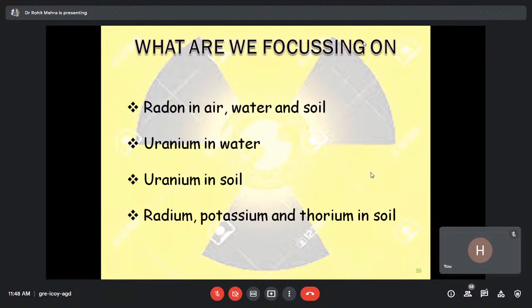So these are the few things which we are working as a radiation physicist, and you people can always have an idea or join our lab to do some small projects, that you can bring some water samples from your area, and you could have an assessment that what is the uranium contamination level, and if this much of contamination level is there, what will be the effect on our body. So you could always do studies.